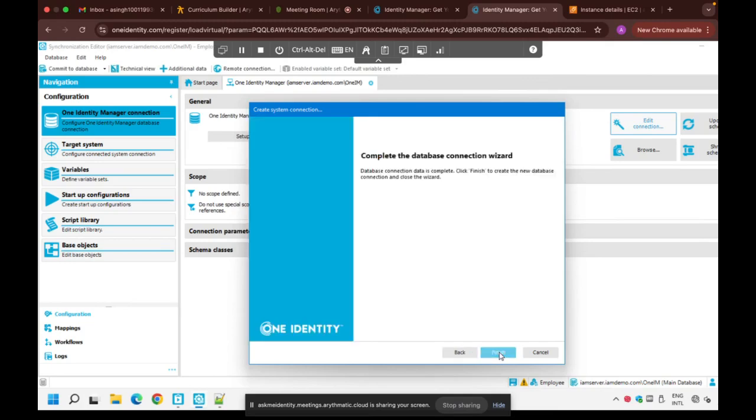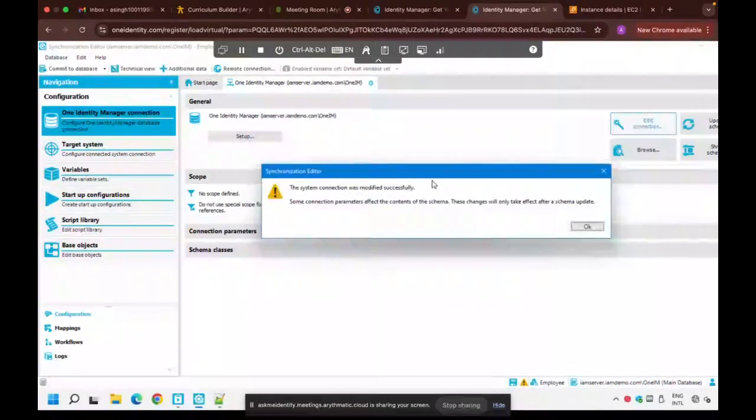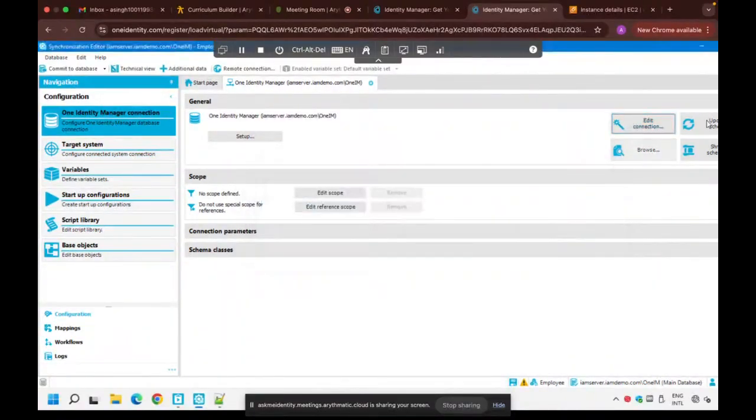We'll click next over here and we'll click finish. The system connection was modified successfully. Okay. Now the second step after edit connection is that we need to update the